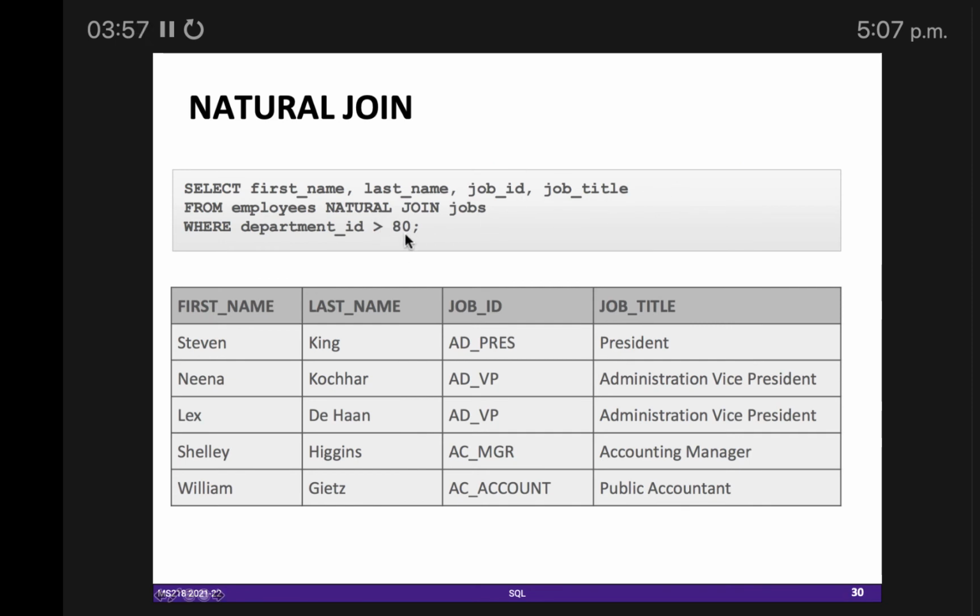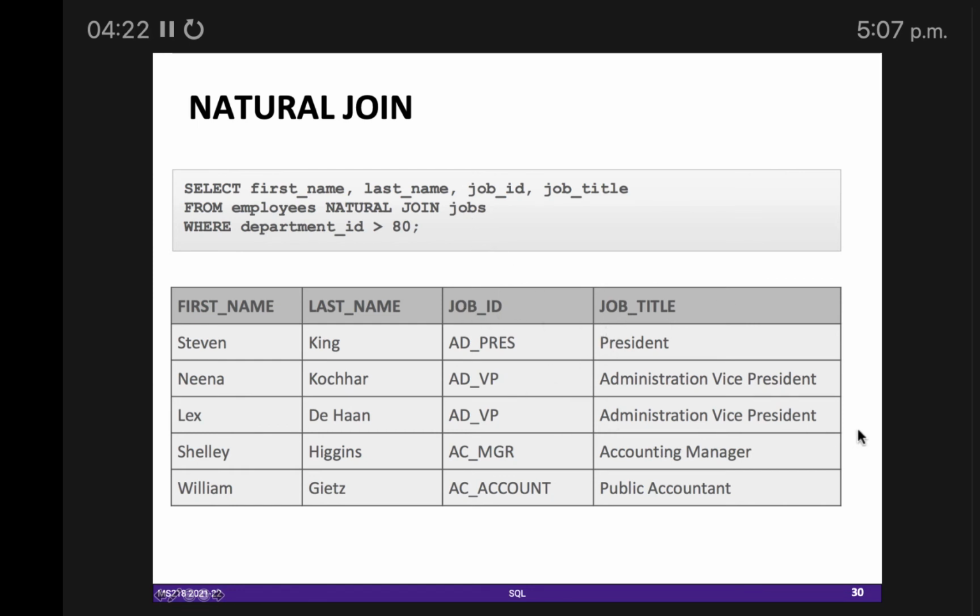If we execute this query, you can see I can make a report of all employees with their job IDs and their job titles. Otherwise it was not possible if I am not joining two tables, right? First name and last name come from employees, and job_ID and job_title come from the jobs table.